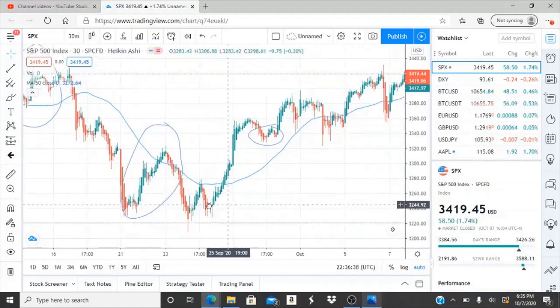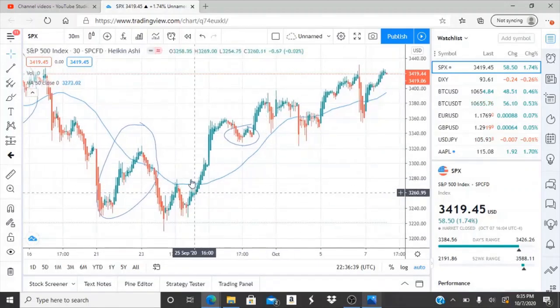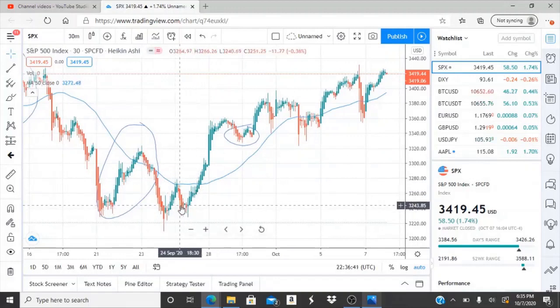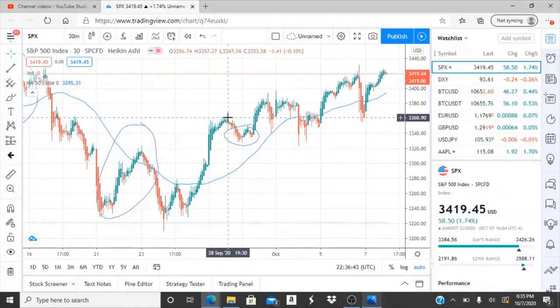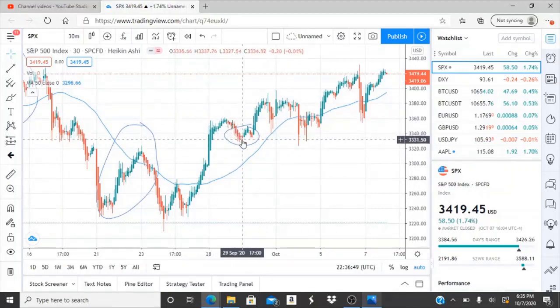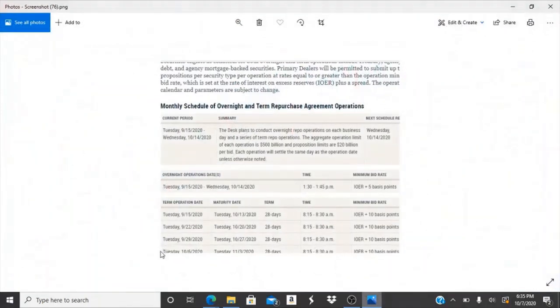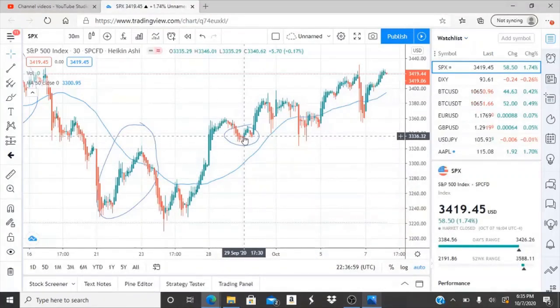Now on this next pump, which was a little bit different, there was a catalyst formed beforehand, and it rose up to these highs on the 28th of about 33.59. It actually dipped on the date of the next pump, which we see here, on the 29th of September, and the next one was on the 6th, which just happened yesterday, and it actually slightly dipped.